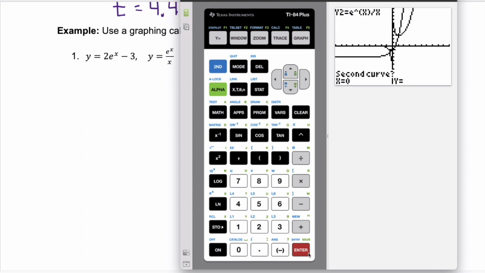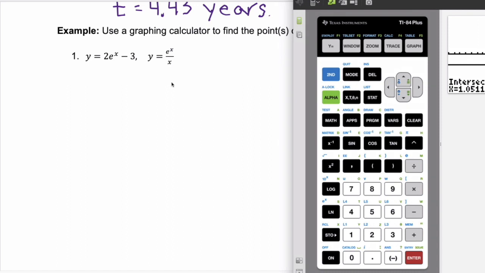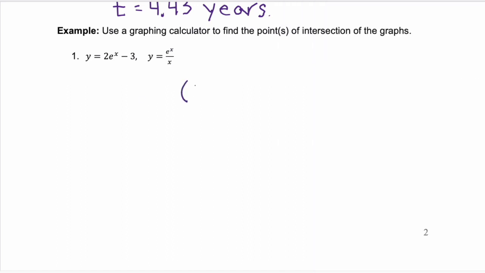I'll hit enter. And now it's saying, do you want to make a guess? Yes, I do. So we'll hit enter. And notice that it's giving me a guess of this intersection on the right. And that value is x of 1.051 and y of 2.72. So let's write those down. So we have 1.051